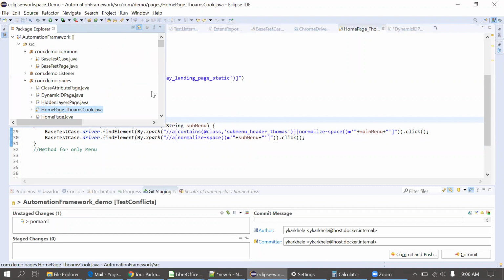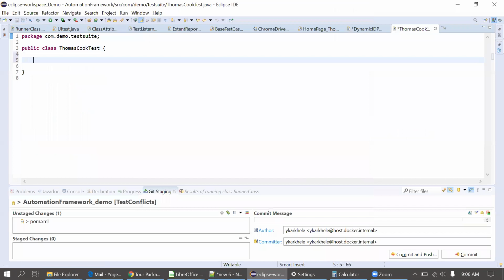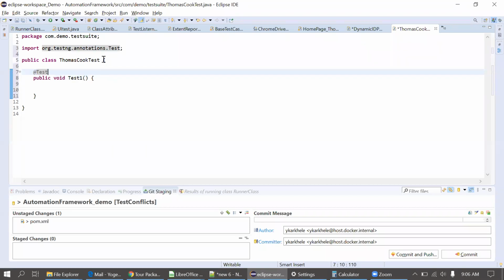Let me write a test case quickly. Test. Now I have to collect the test here. Before method is already there, so I just have to extend this class with the base test case class.